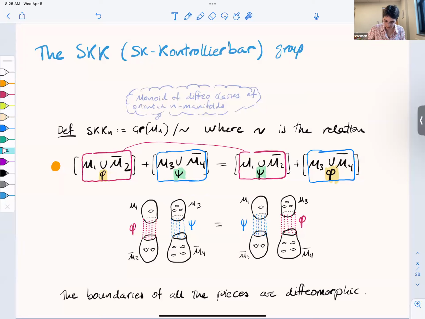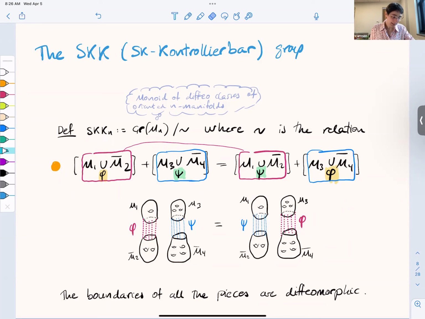If we want to see a little picture of how this works, we are getting our 4 pieces, M1, M2, M3, and M4. And what I'm doing is I'm keeping everybody staying put. They're all staying in the same place. And I'm taking the two diffeomorphisms and swapping them. Clearly, in order to be able to do this, the 4 boundary components that appear in this picture have to be all diffeomorphic. Otherwise, you wouldn't be able to do this mix and match of manifolds and diffeomorphisms. So this is the relation in your group, and you take that relation, and that's how you define this